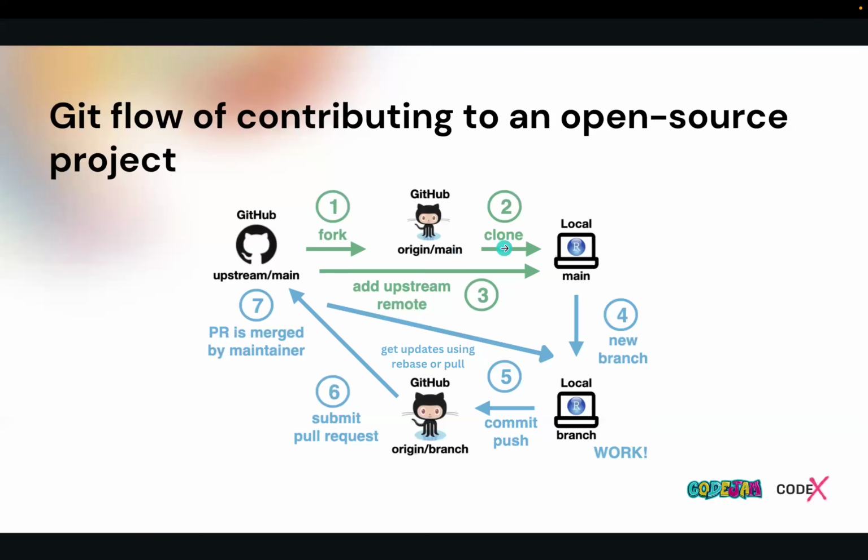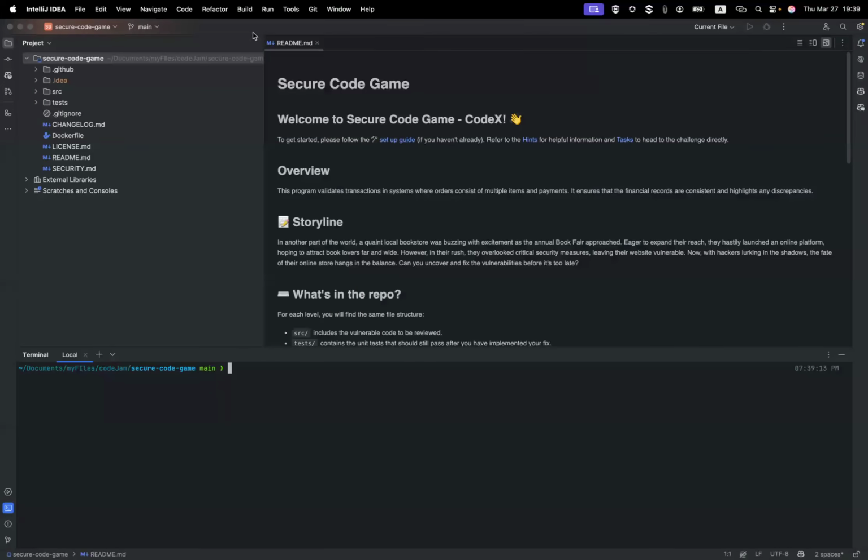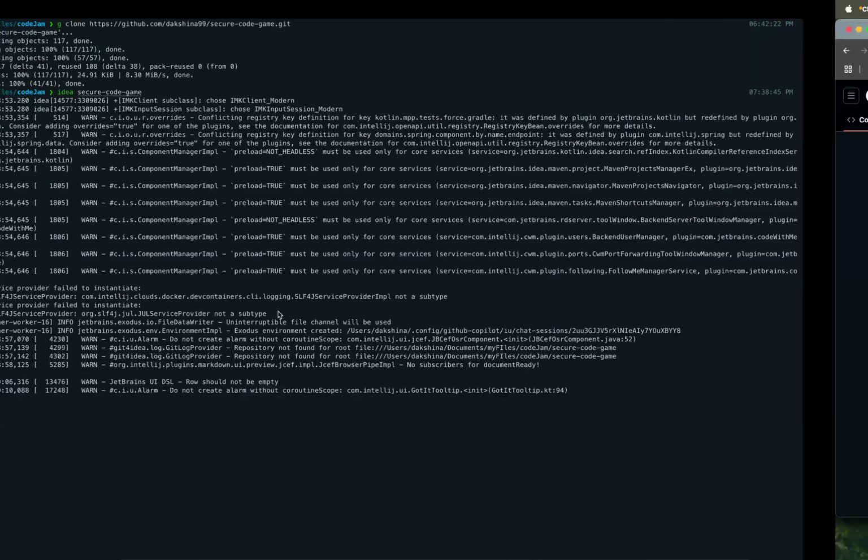Now I have forked and cloned it successfully to my local machine. Now you can see here, this is IntelliJ. I think you guys have been notified to install VS Code. Same thing, when you open up this project in VS Code, it's totally okay. You can go to a terminal from VS Code, and you can execute the commands from anywhere inside this repository.